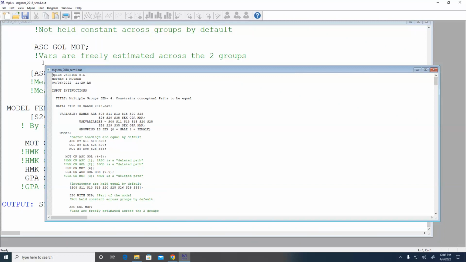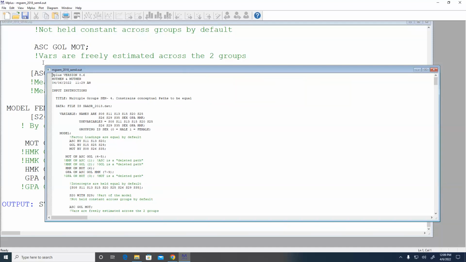So by default, the way Mplus works is it constrains the mean in group 1 to be 0, and it freely estimates the mean in group 2. But what I want to do now is constrain the mean in group 2 to be 0 as well, right? It's already constrained to be 0 in group 1. Now I need to also constrain it to be 0 in group 2. So if you look at the code under model female, you'll see that the code for the latent means looks a little bit different from the way I'm going to approach other kinds of constraints.